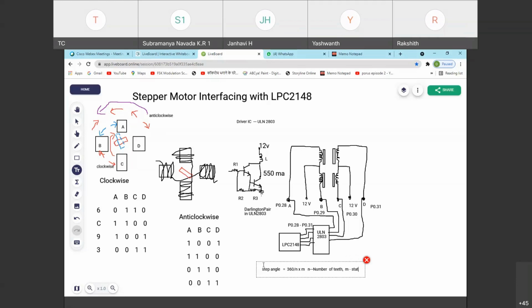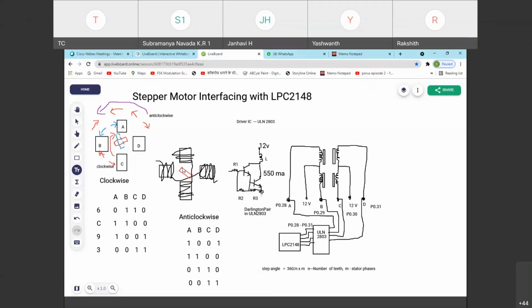Theta phases, you can call it theta phases or thetas. With this, a person can compute the step angle associated with the stepper motor. So if I want a step angle of 5 degrees, 30 degrees, or 60 degrees, you need to provide the value.